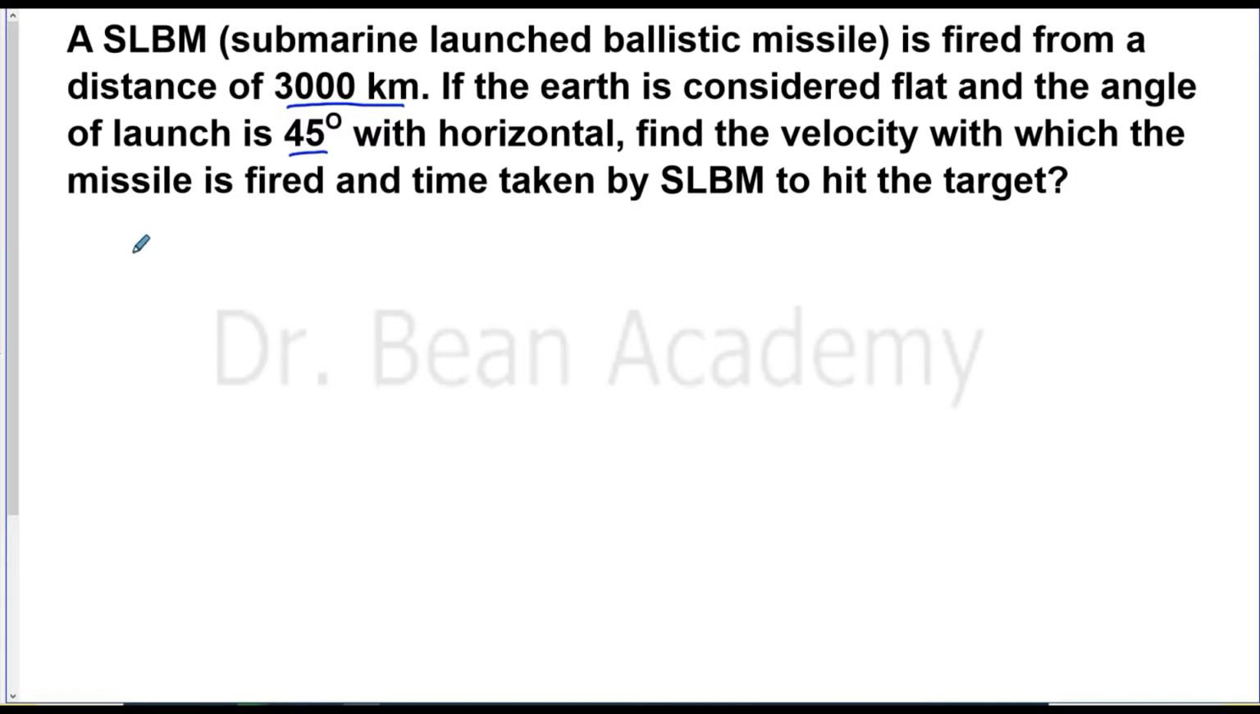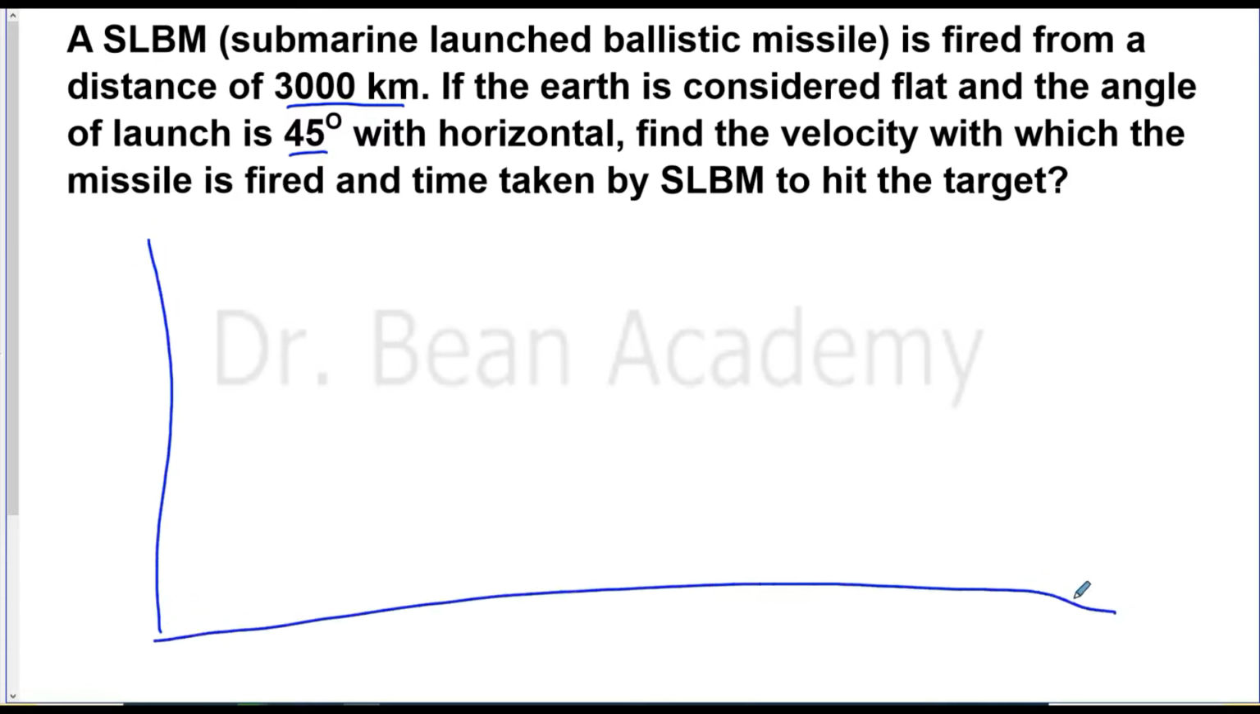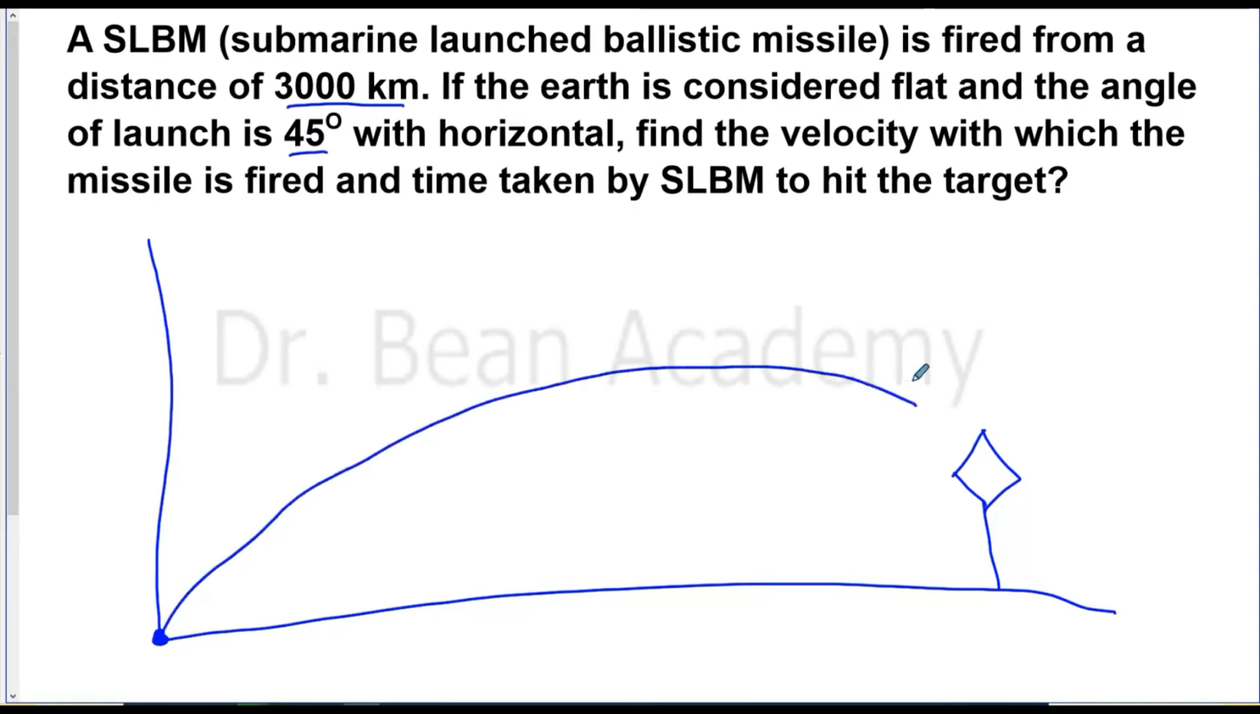So let's make a rough schematic diagram to understand it. So suppose here is the target and this is the point of launch pad, and a missile is fired to hit the target and the angle is 45 degrees. By the way, they are lucky that their target is only 3,000 kilometers away,